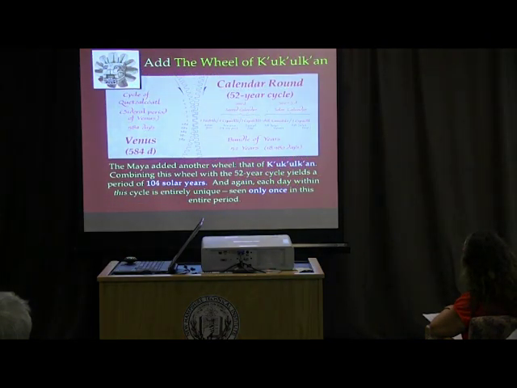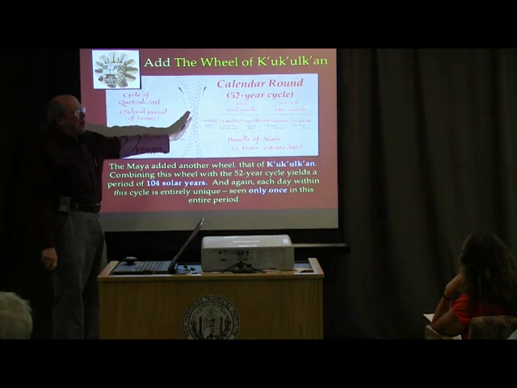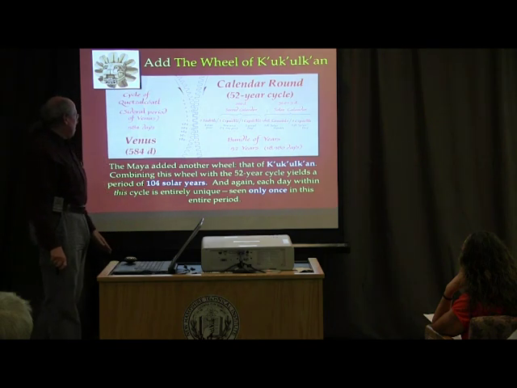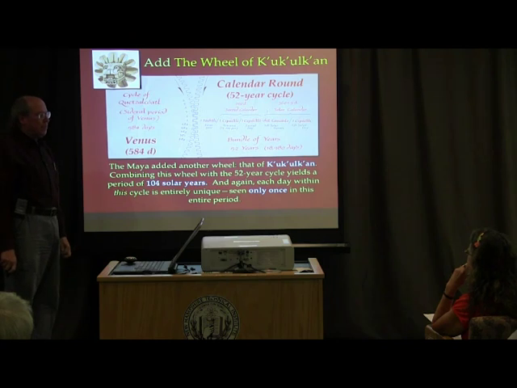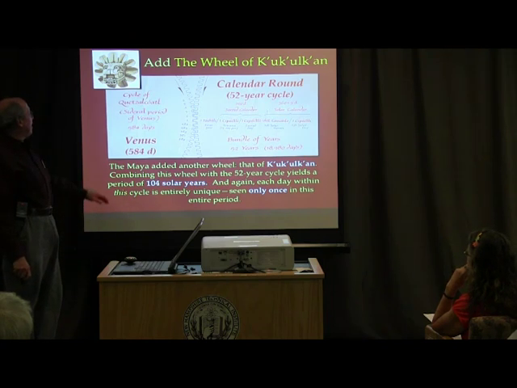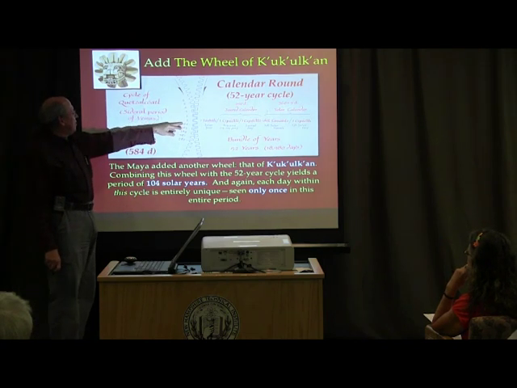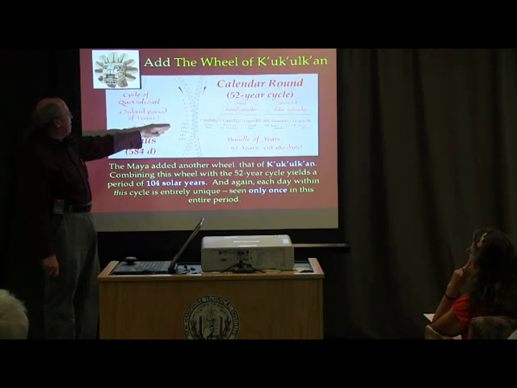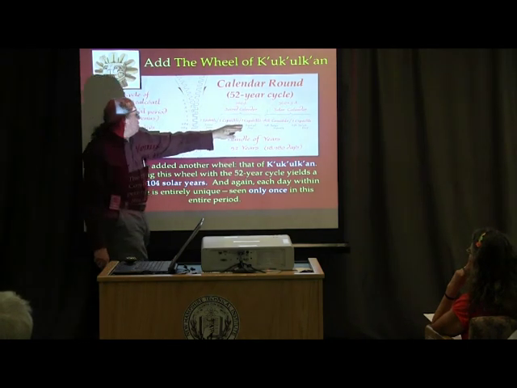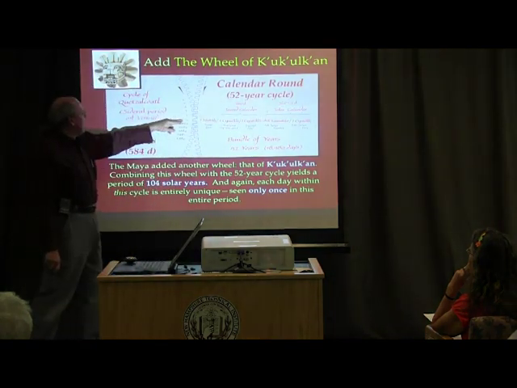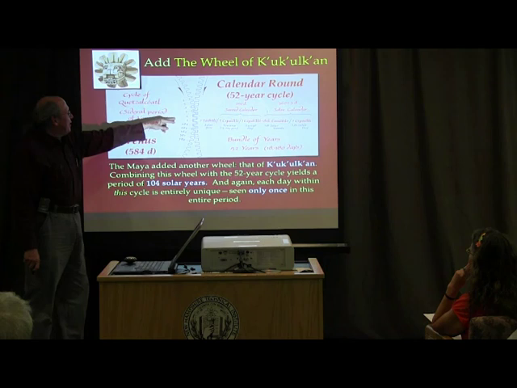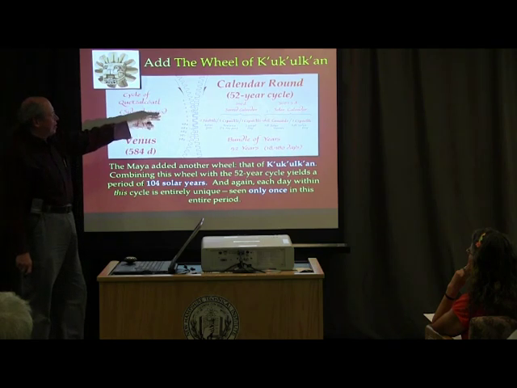And now, remember that 584-day cycle of Venus? Now, if we add that to what we call the Calendar Round, the 52-year cycle, we now get a period of exactly 104 solar years. And so again, the first day of the sidereal period of Venus plus these 5 symbols, 1, 2, 3, 4, 5, this combination will not happen for another 104